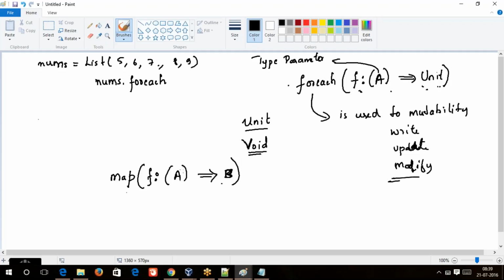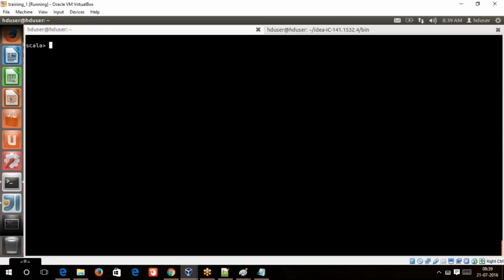Yeah. So to explain this, let me take an example of colors. Now what I want is the length of each element in the collection. So I can define a function length, to which I will pass a string,